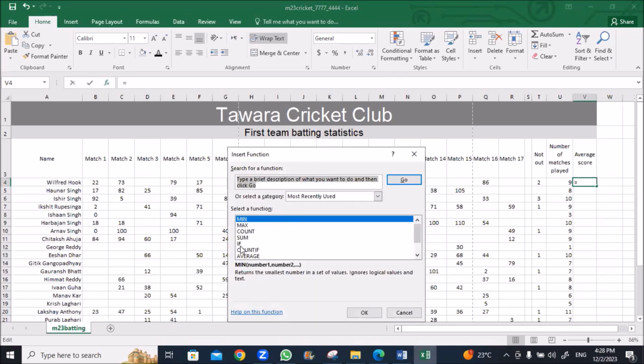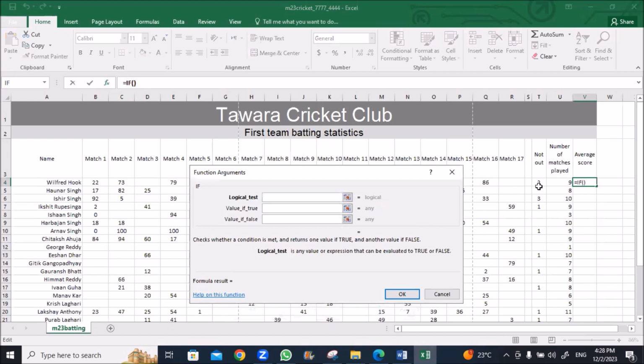If the number of matches, this number which is in U4, is less than 5, then the value if true, we have to put as a blank space, double quotes. Else, this value will be 5 or more. So in this else space, we need to calculate the average,